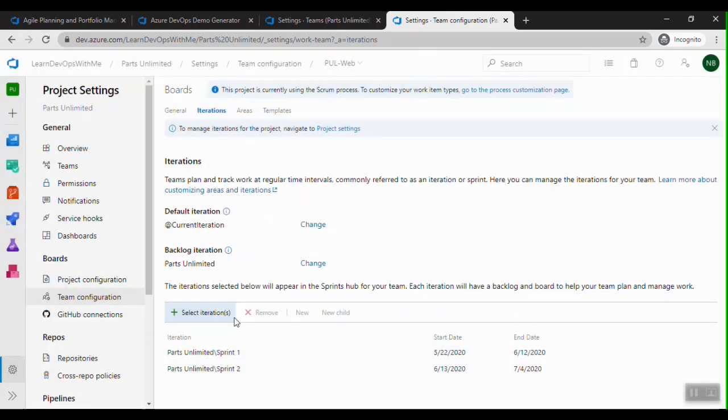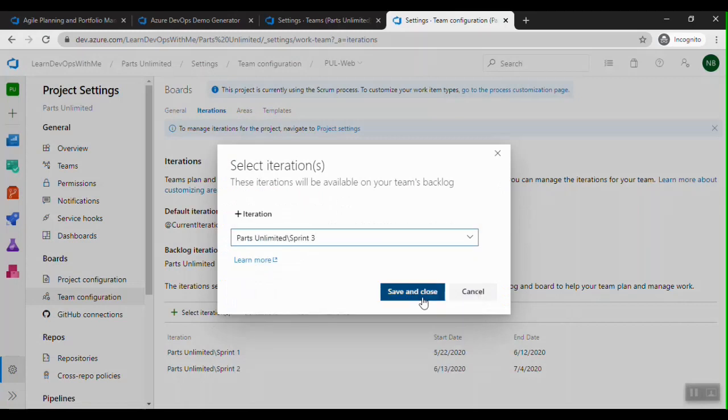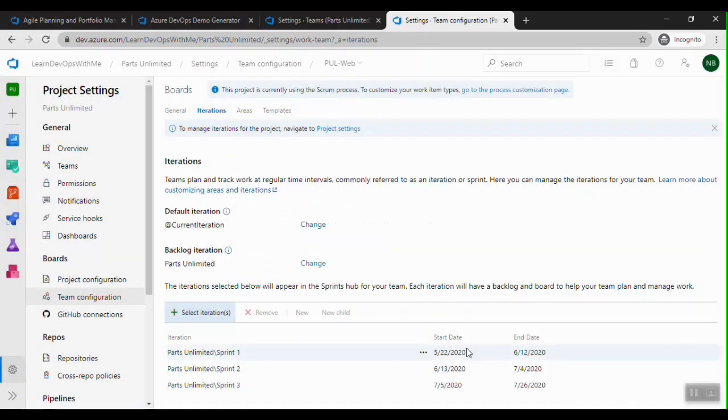Let me select three iterations, and you can see that the demo generator tool has created all these sprints with predefined dates also. Sprint 1 is of a past date, the current sprint is Sprint 2, and I have a future sprint also. So we have created a team, then we have added the sprints for the team.